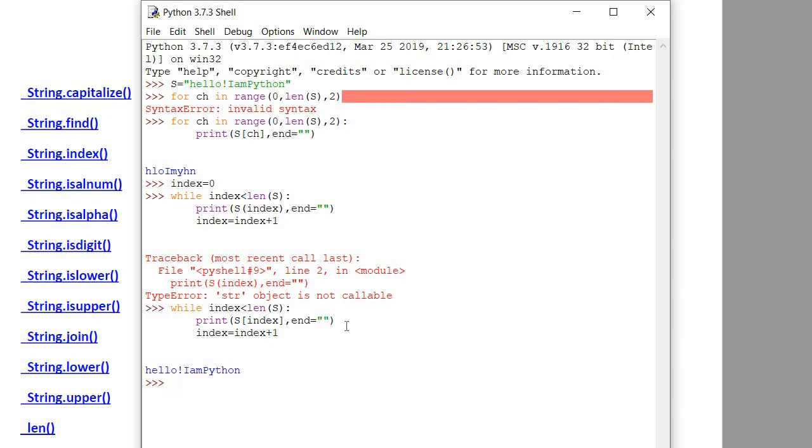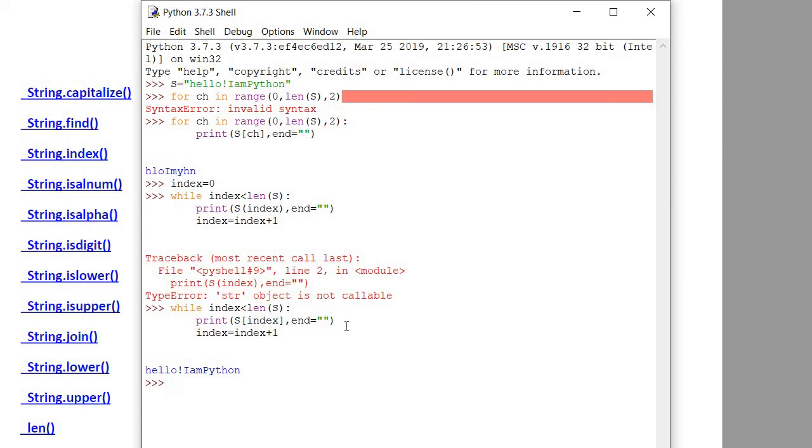So here the while loop traverses a string and displays each character. Fine. The condition, if you see here, we write index is less than length of s. Now this condition is checked in each iteration. Till the time the index is less than the length of your string, the loop will continue.